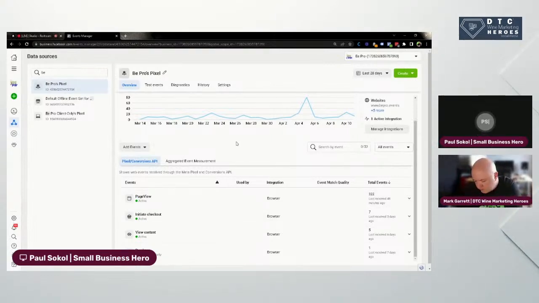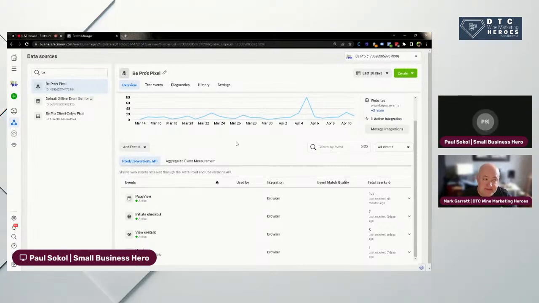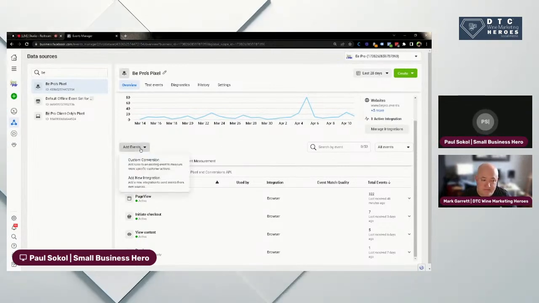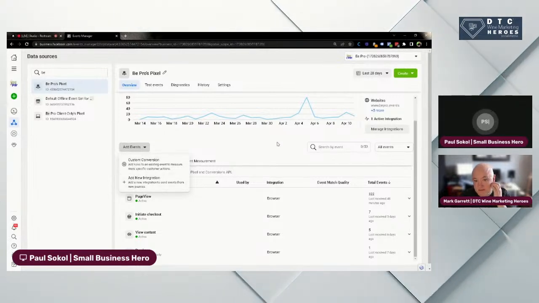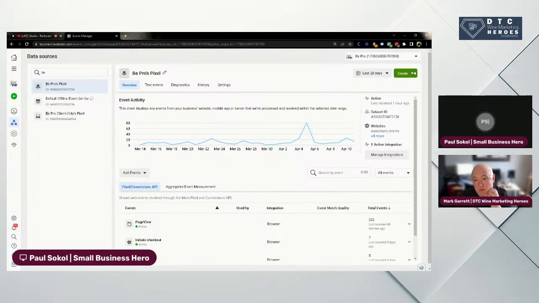The other thing too is that when you're other than a page view with any of these events, it's not just the event. There's information that comes with it. Yes. So, for example, let's see if we can do this without getting too crazy. So if I go to add an event, I don't want a custom conversion. I don't want to add a new integration. If I go to create,